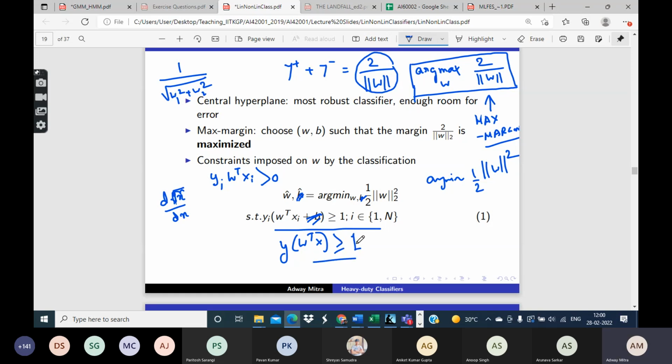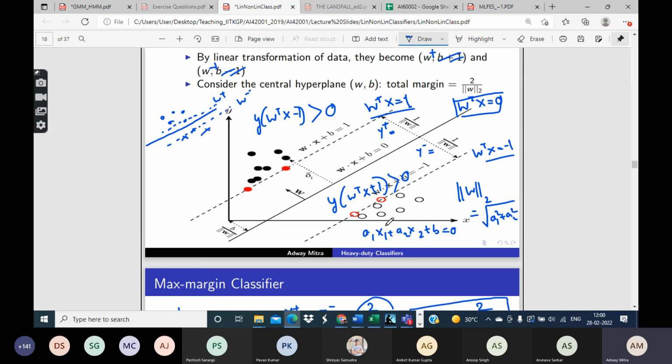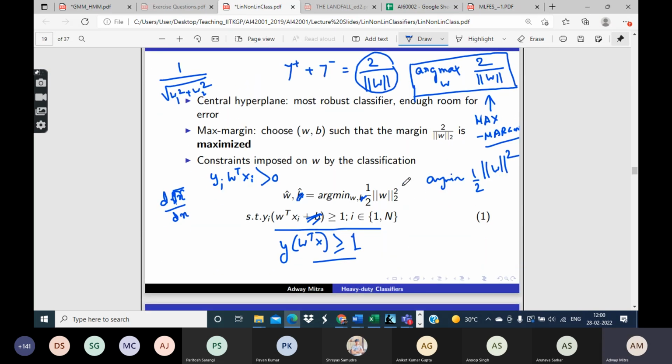If this happens, that means both the positive and the negative linear marginal classifiers will be able to classify all the points correctly. Okay, so this is the max margin formulation, which has to be solved using an optimization problem,